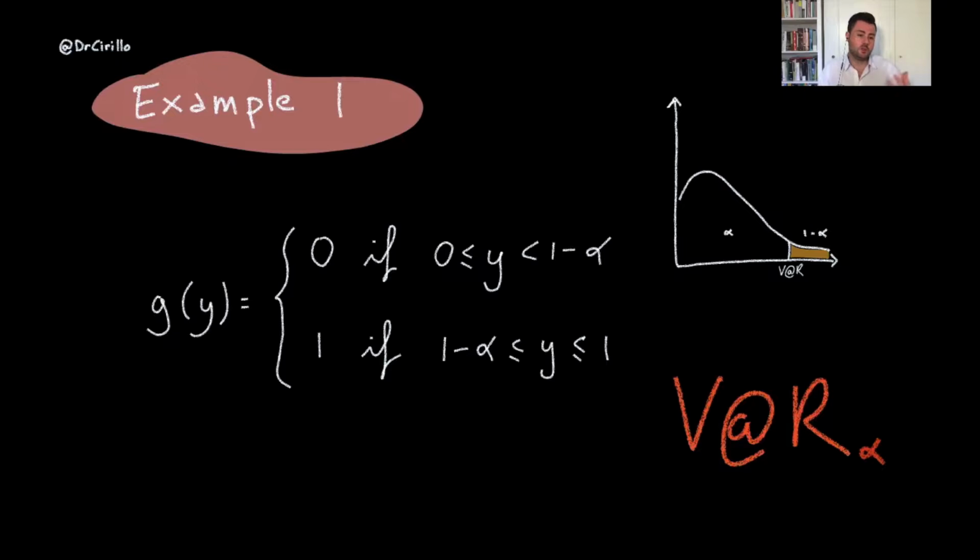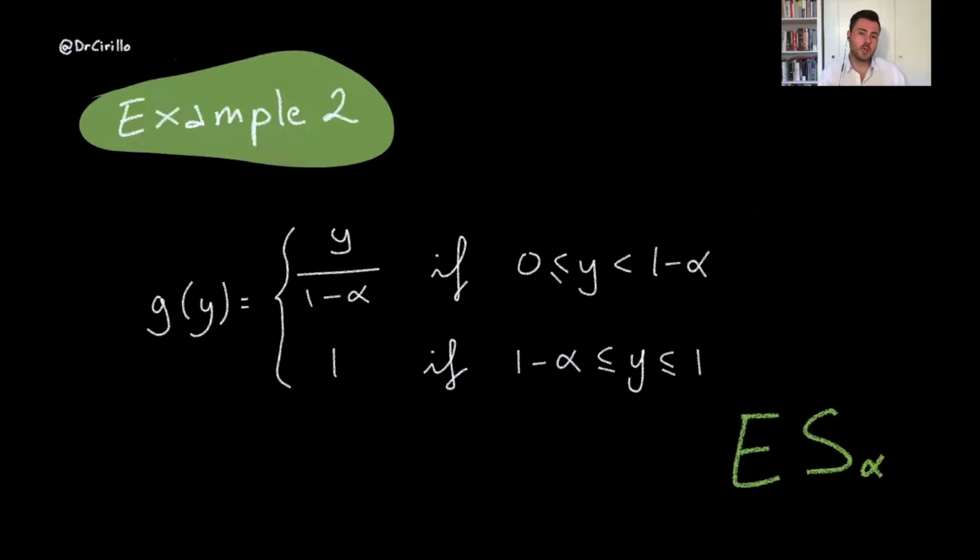So, for example, if I choose my g to be a function which is 0 for the argument being between 0 and 1 minus alpha, and 1 when the argument is larger than 1 minus alpha and smaller than 1, then if I apply this function, I get a quantile of the loss distribution. So I will get the quantity such that alpha percent of all the observations are smaller and 1 minus alpha percent are larger. And similarly, I can obtain the so-called expected shortfall, which is nothing more than the expected loss